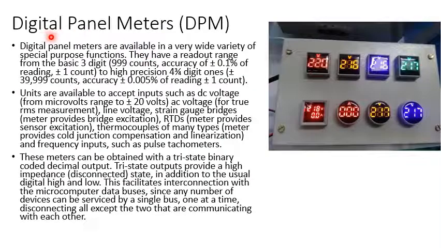Okay, next is digital panel meters. First type, it will look like this. There will be a panel where there are different quantities which we have shown here. The first one you see is voltage, V is written, right? The second one is also voltage, the third is also voltage, the fourth is also voltage. Here there is a current, and these three are also voltages. This is showing voltage as well as current.